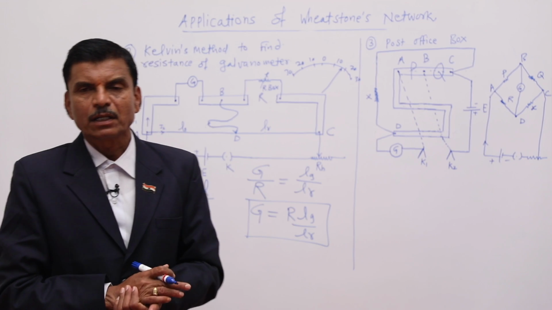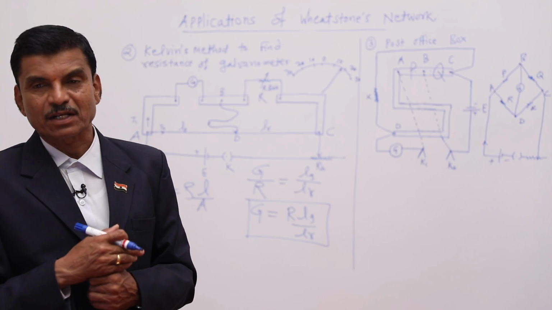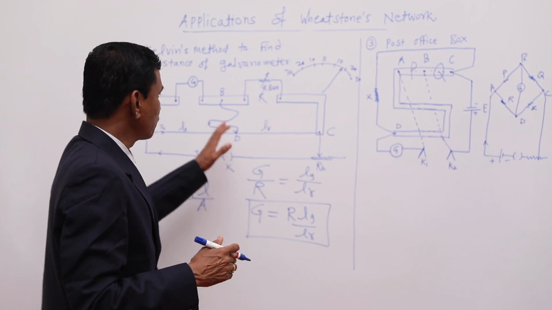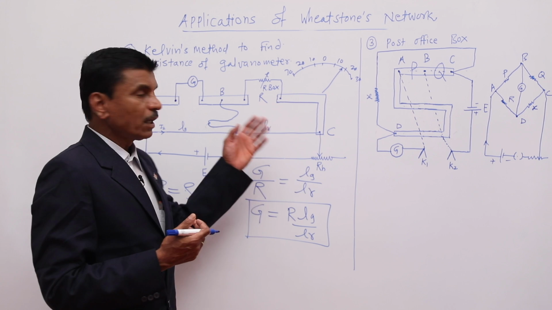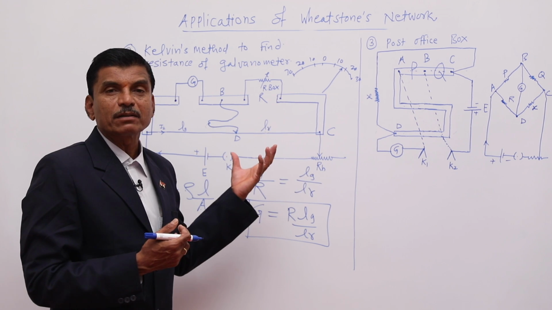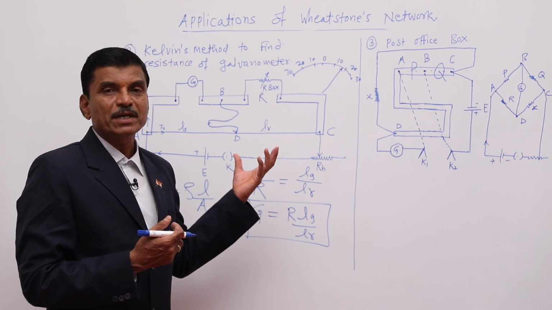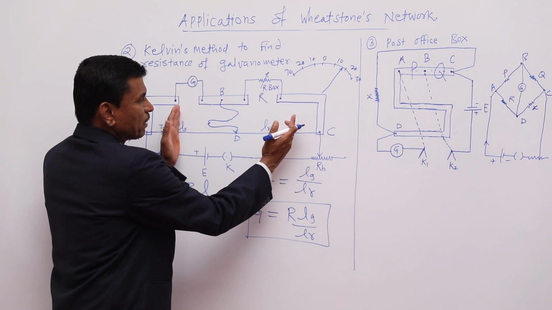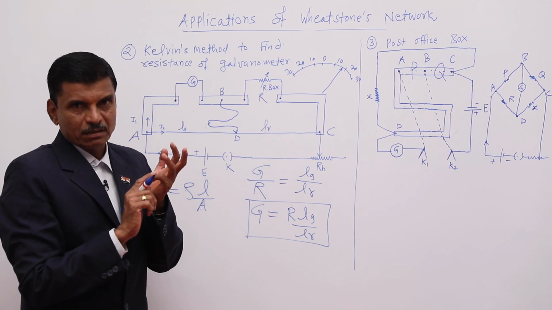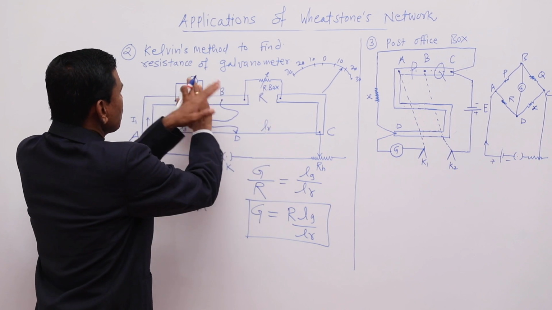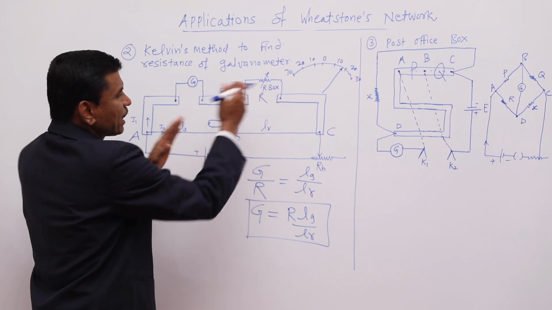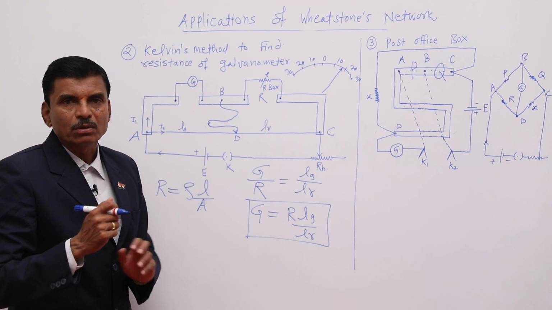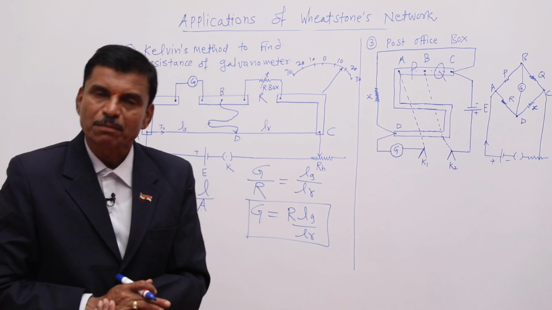Again, in this experiment, there will be the same sources of errors, and the same ways to minimize the error. What are the sources? The wire may not be uniform, and the contact point will be different. So how can the errors be minimized? See, first, the same deflection point D must be in the middle portion of the wire, and secondly, interchange the position of the galvanometer and the resistance box. Again find the resistance G and take the mean value. Okay, so the errors can be minimized.